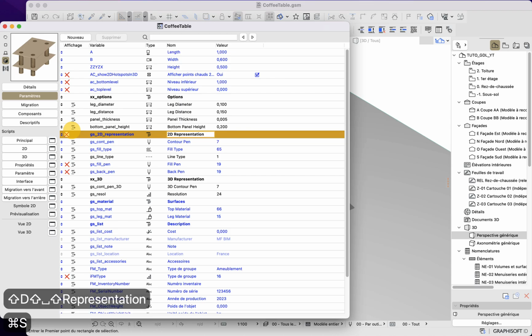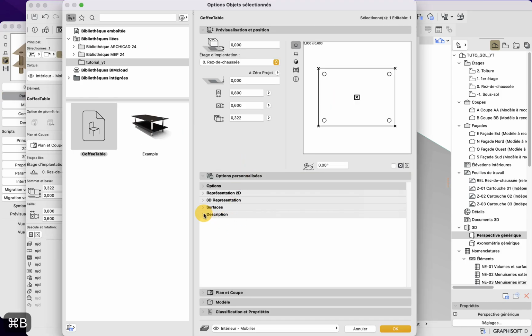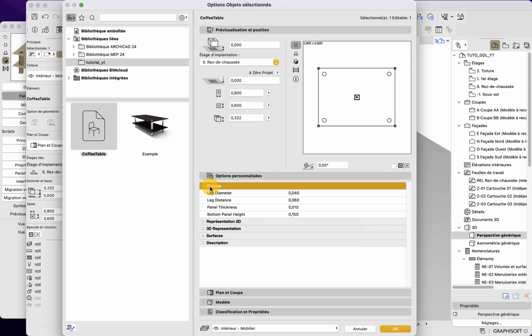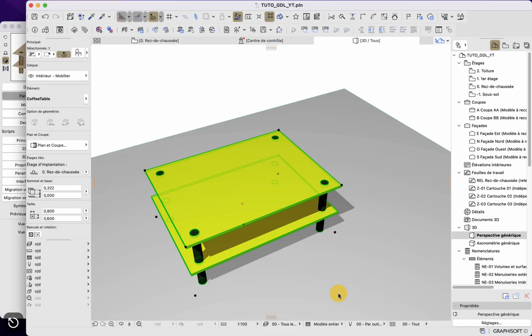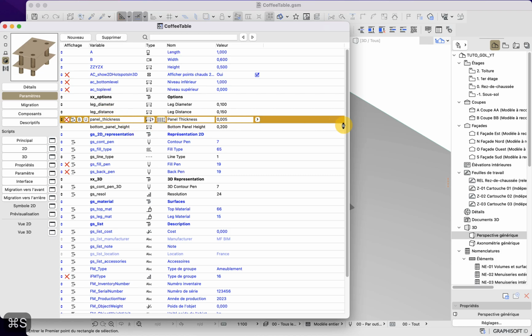And now when I save and come back into my project and go into my option, you can see that now the menu is openable and closable. So I prefer it to be visible all the time because those are major options. So that's why I will keep it that way.